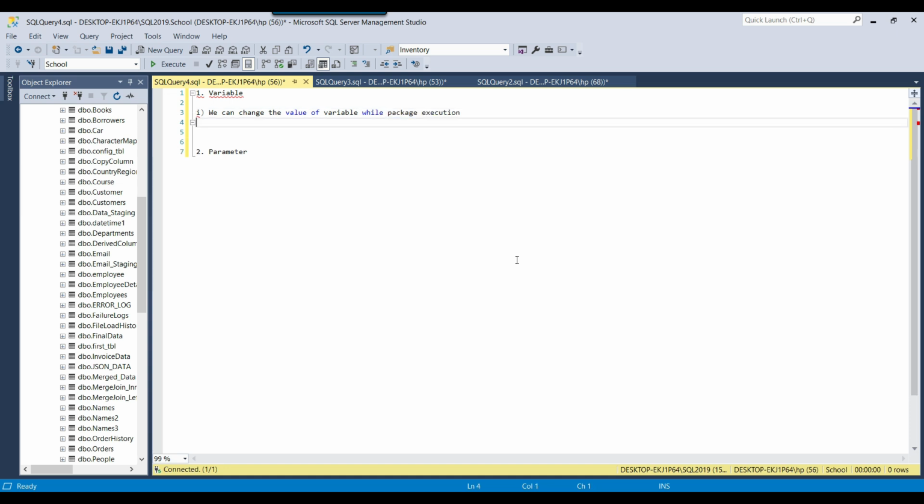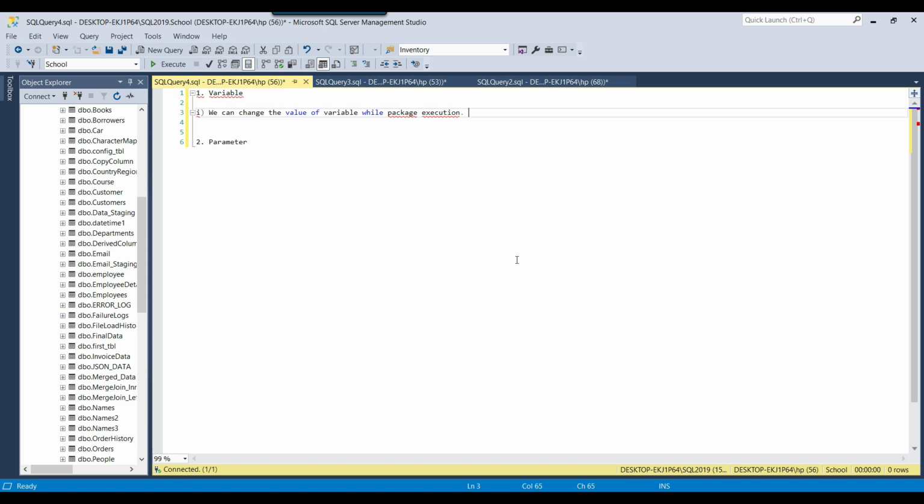What I mean is, suppose I created a variable like folder path, and at the time of designing the package I gave it some value like C source folder. At the time of running the package, maybe using the Execute SQL Task, I can get a different folder path value from a SQL config table.